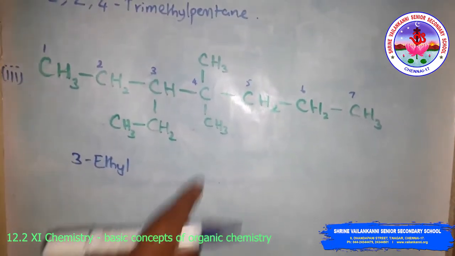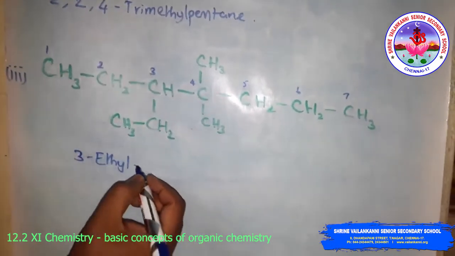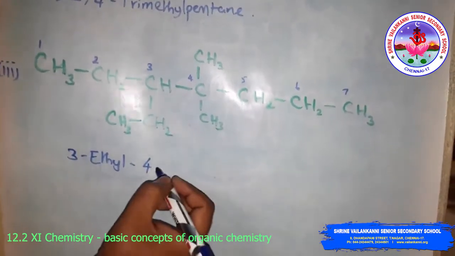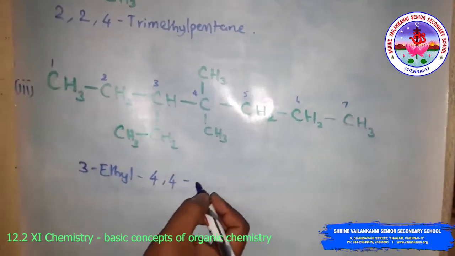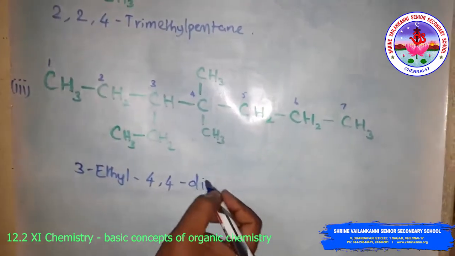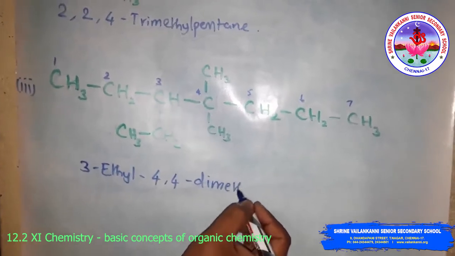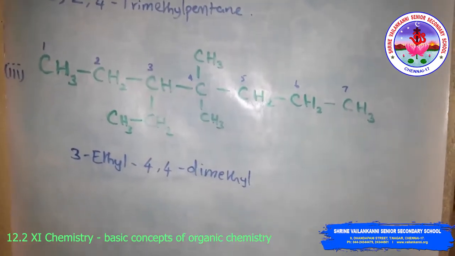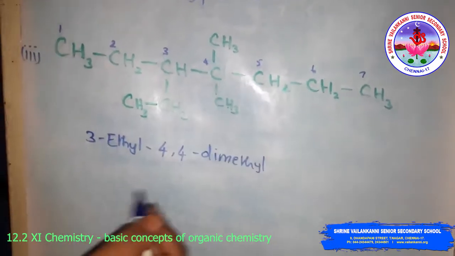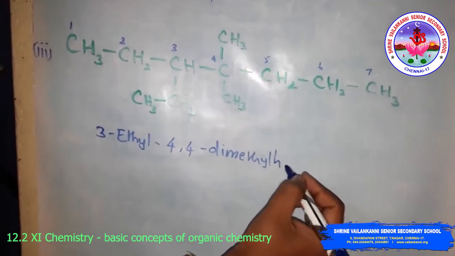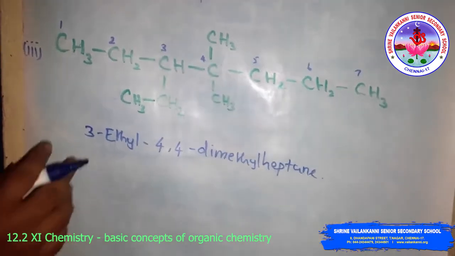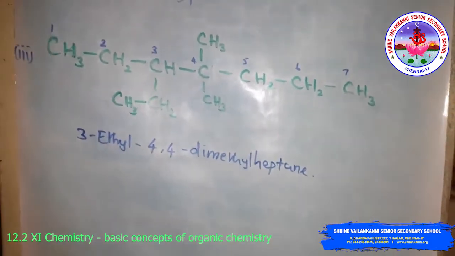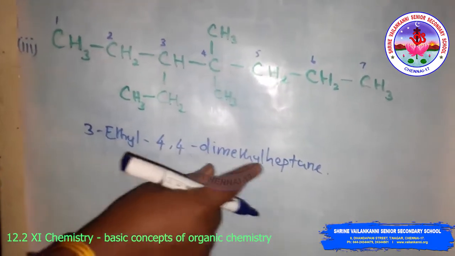Then the fourth position has 2 methyl groups, so 4,4-dimethyl, because 2 methyls are there, so dimethyl. Then the word root is what? Hept, so heptane. So this is a single word: 3-ethyl-4,4-dimethyl